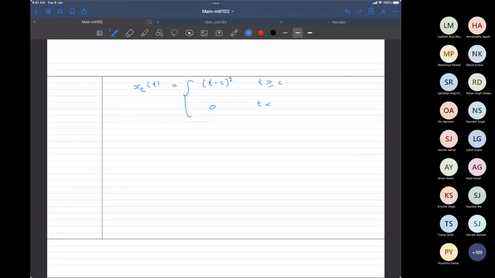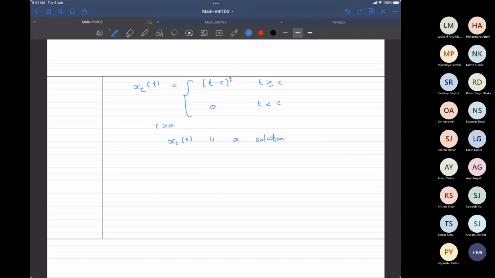So for any parameter c positive, x_c(t) is a solution. Okay, I mean clearly you can see that it satisfies the initial condition. Okay, because c is positive, so solution is 0,